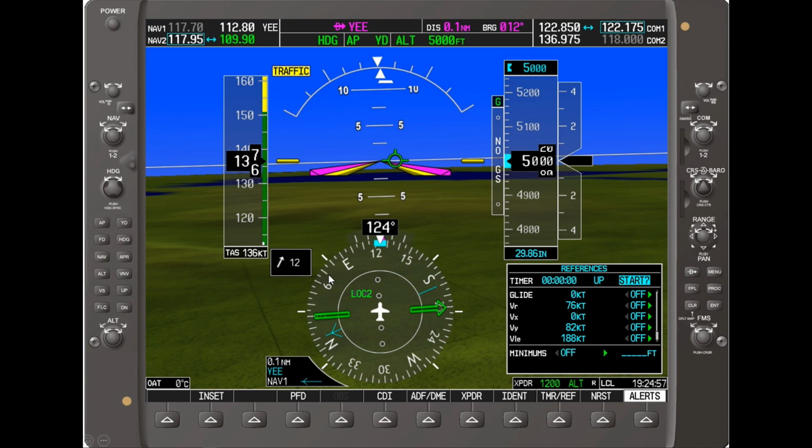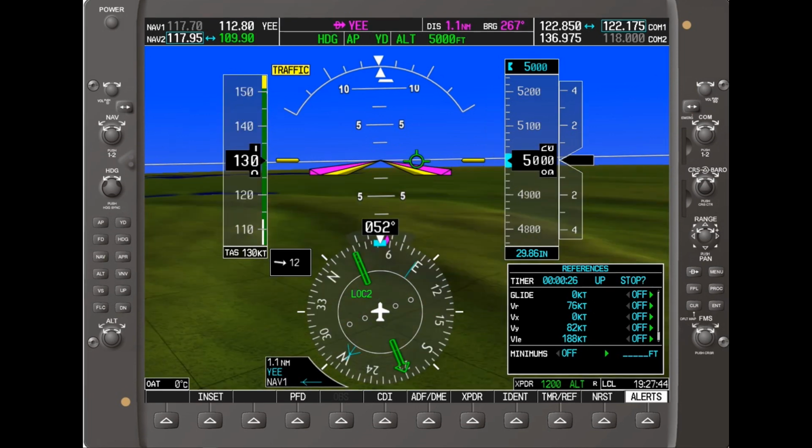Now, what are we going to turn to? If we were to just turn to heading 060, we would be blown that way. So our heading is definitely going to be less than 060. And you want to track inbound, just inside of that 060 track in order to get closer to the actual 060 radial. So I picked 052 for the heading,